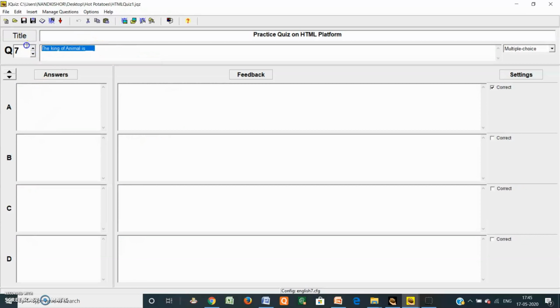Suppose I am writing here, the color of orange fruit is.